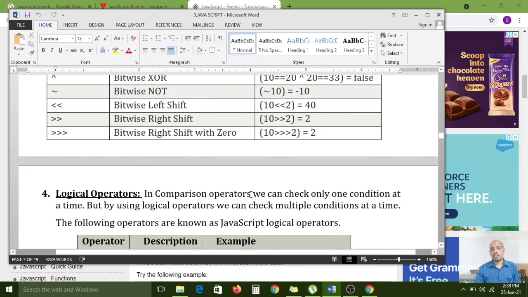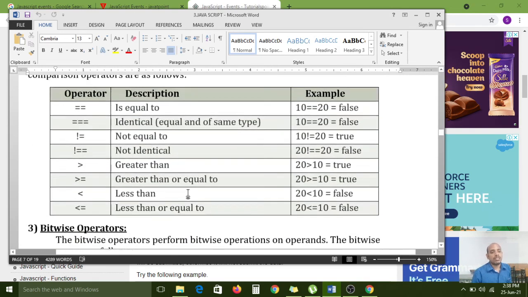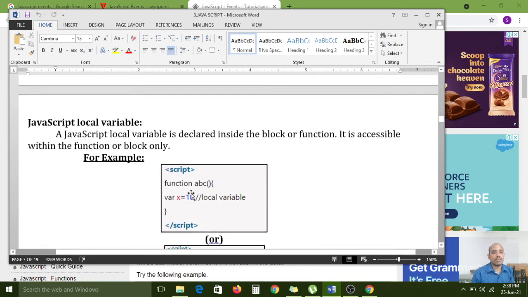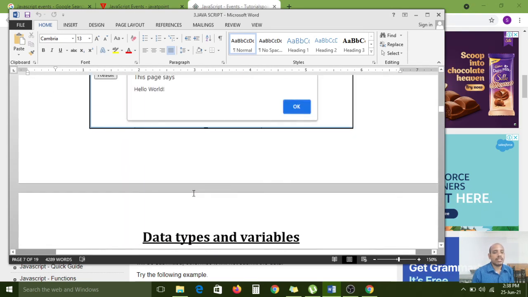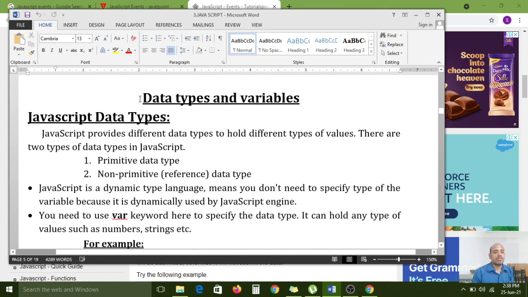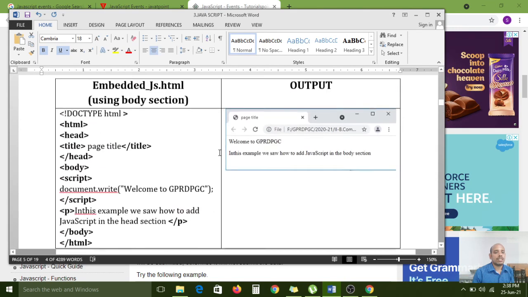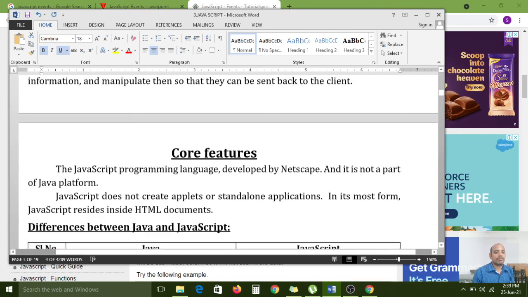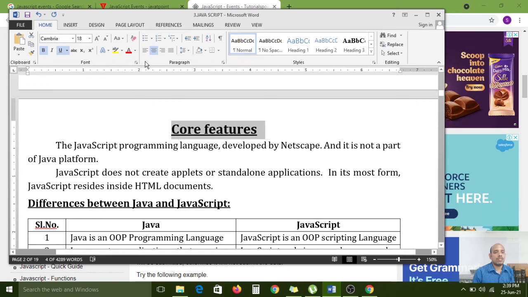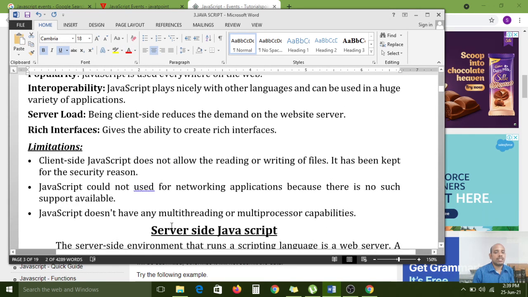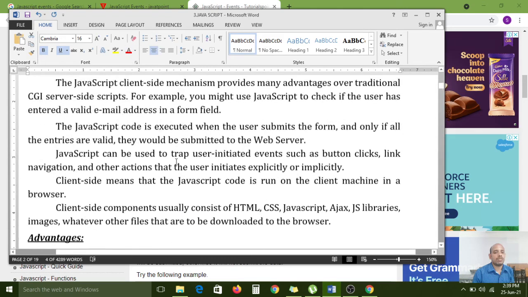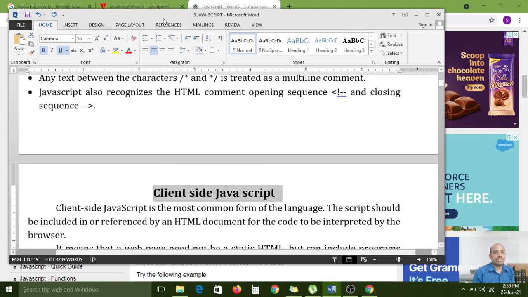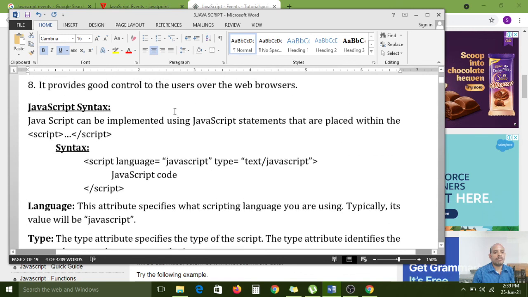In the second unit, we have a total of 19 pages of notes. The operators concept is over. Data types and variables are over. Features are over. Server side script is over. Client side script is over. So in the second unit, everything is completed.